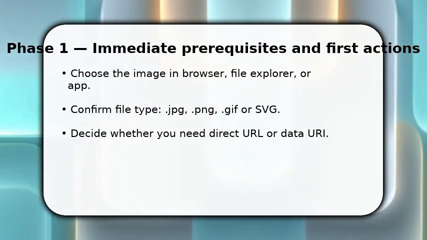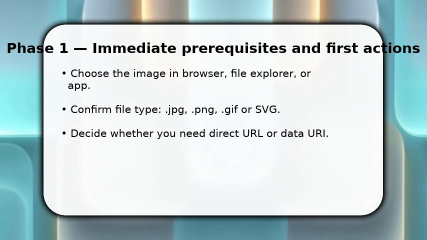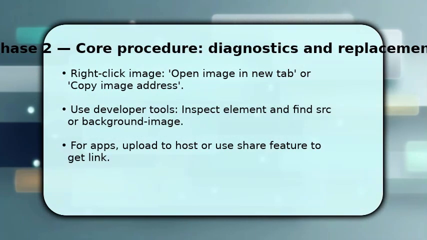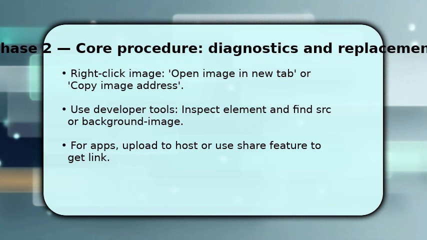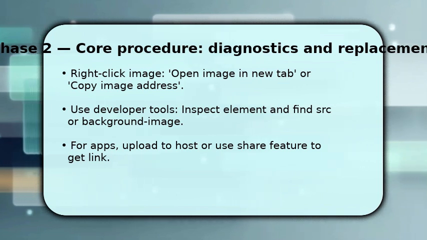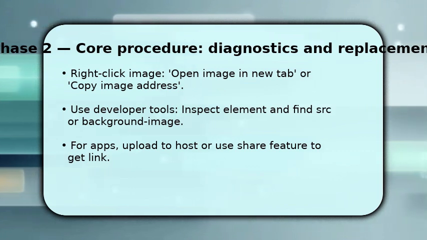Now proceed to expose the image resource. You extract the URL by right-clicking and choosing Open Image in New tab or Copy Image Address. If that option is blocked, open Developer Tools, inspect the element and look for src equals or background image values